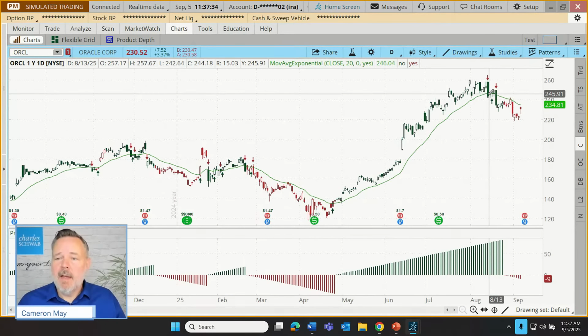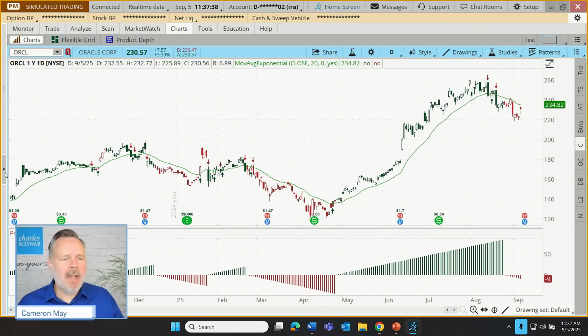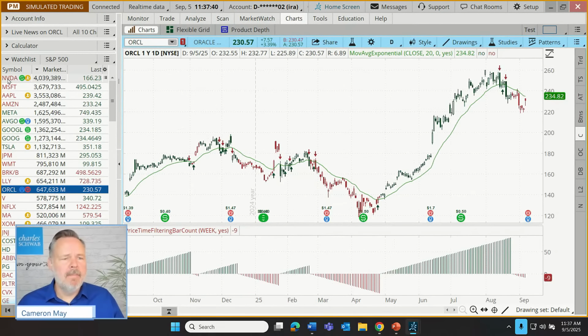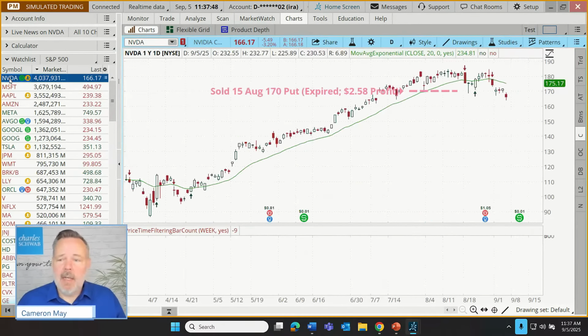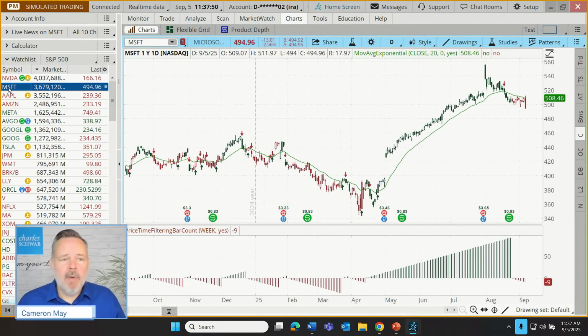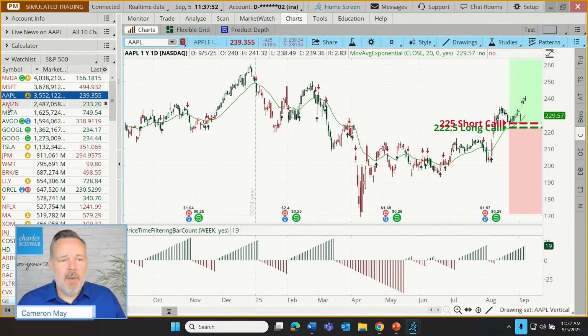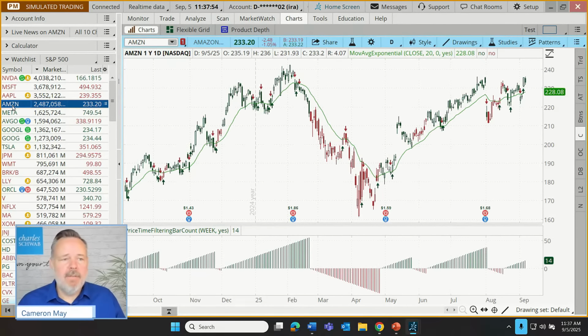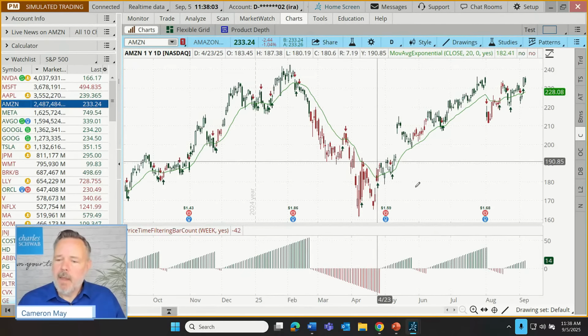But in any case, I did want to plan and place an example trade here. So let's go back to our watch list. And somebody asked earlier, how can we do a scan for these sorts of things? Well, we might just bring up a watch list and click through and see if there are recent trade signals. And actually what I noted here on Amazon, fourth stock in our S&P 500 list, and these are just organized from largest companies down to smallest.